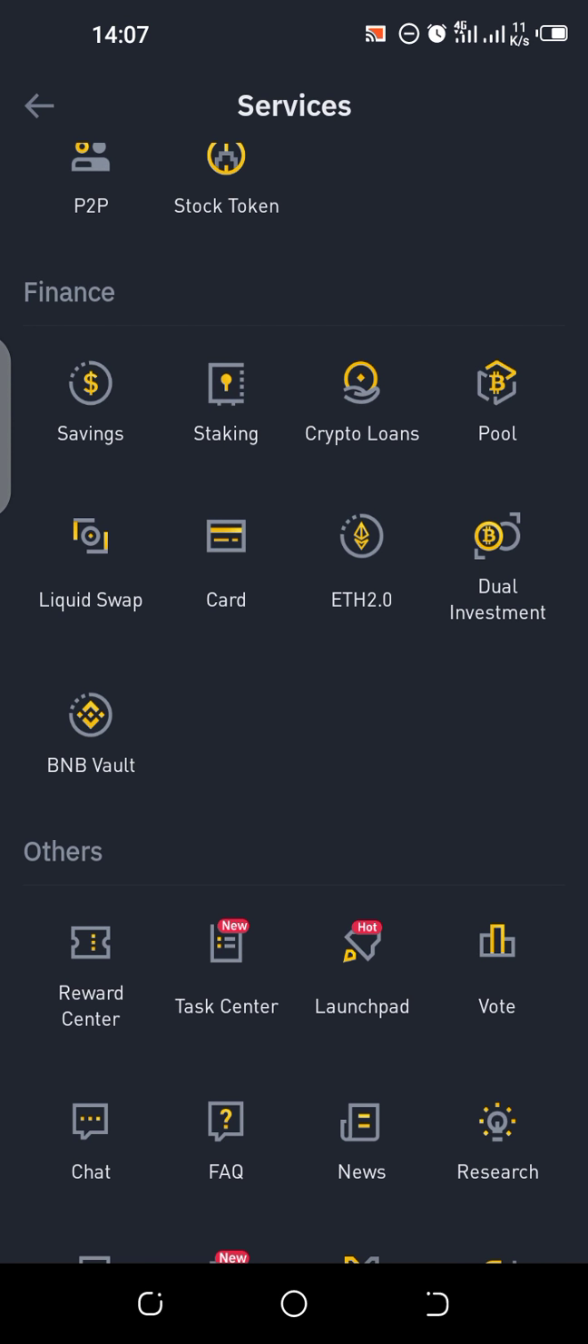Okay, voting. This is where you vote for currencies. This is more for developers and their